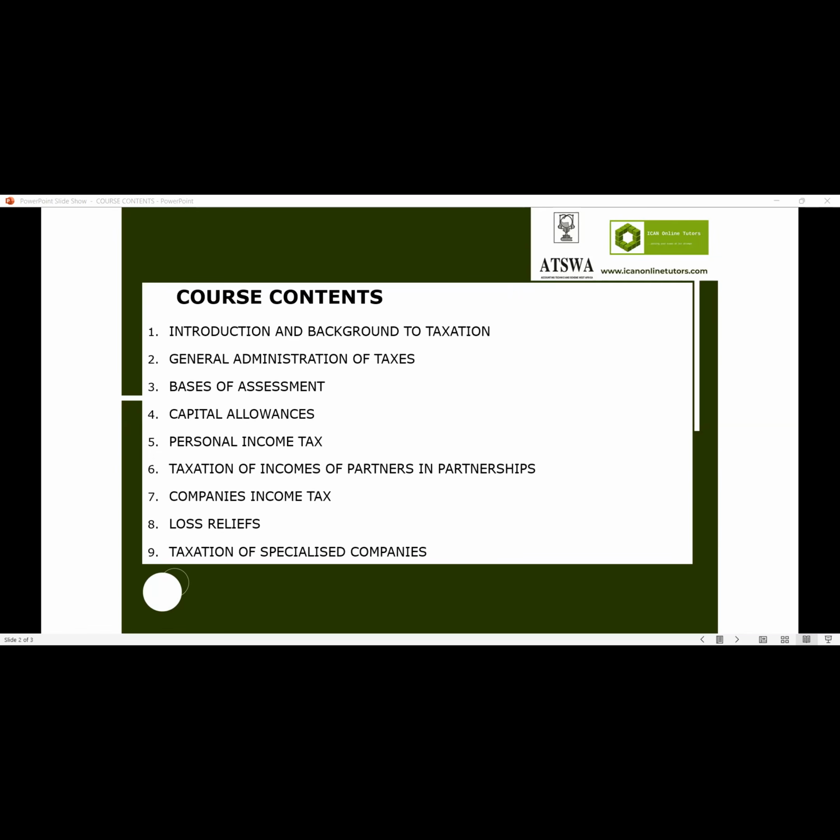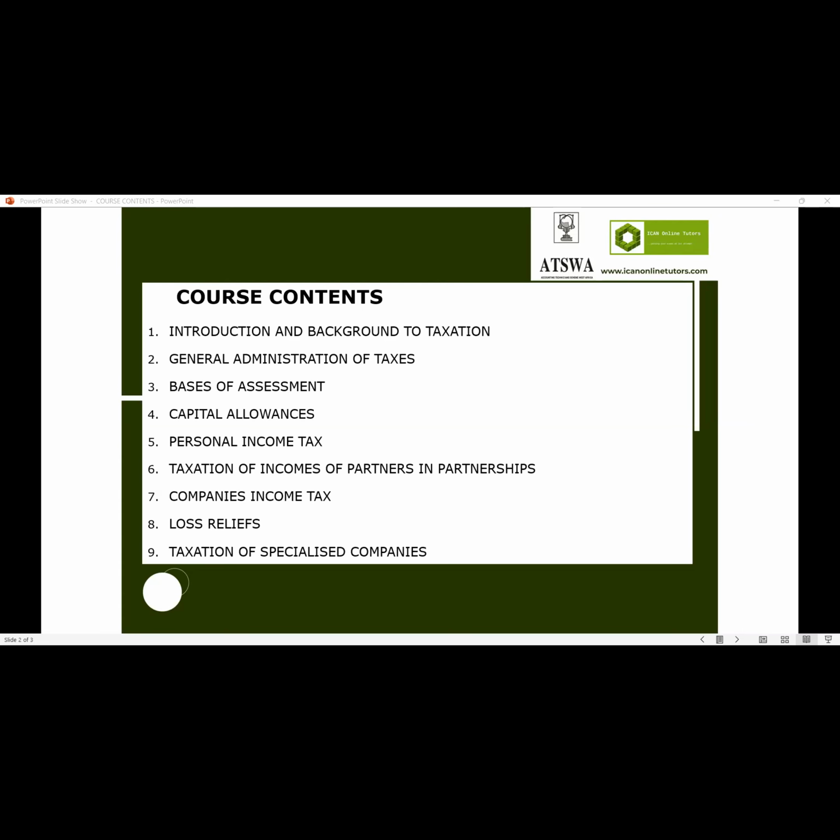Then you adjust for any unrelieved losses brought forward. If you have any unutilized capital allowances, you claim that, and also capital allowances for the year, in as much as it does not exceed 66 2/3 of the assessable adjusted profit for that particular assessment year. However, for companies that are exempted, such as manufacturing company and agricultural company, there is no restriction to the capital allowance that you can relieve for a particular assessment year.